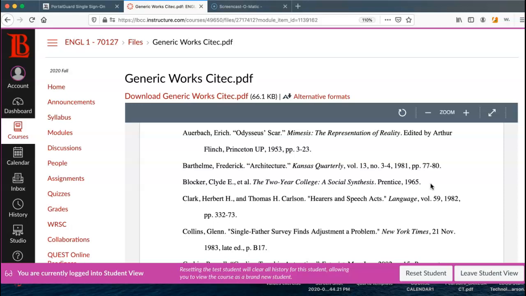The latest edition of the MLA rules actually simplified things just a little bit. So if you're using a book, that's how you would do it. If you're using a journal article, it's going to be a lot more like this, Frederick Bartlemy. Again, almost every single time your citation is going to start with the last name, comma, first name of the